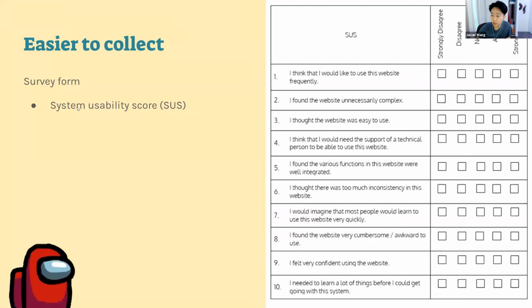Another one that you can use is called the System Usability Score. My company likes to call it SUS. What this actually is, is a questionnaire of 10 questions where you ask the users to rate anywhere from strongly disagree up until strongly agree. So again, it's a sentiment from 1 to 5. And there is a calculator that you can punch in after they fill out this form, and it generates a usability score associated with it.